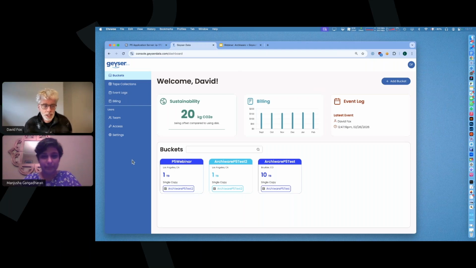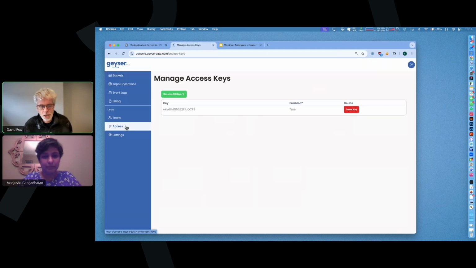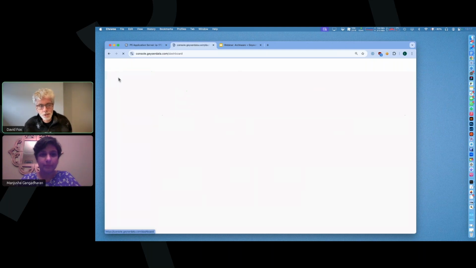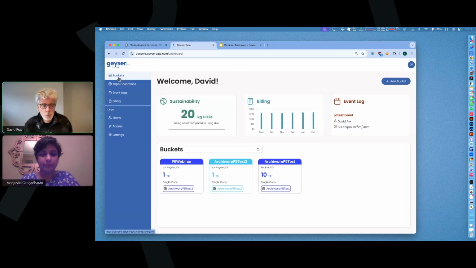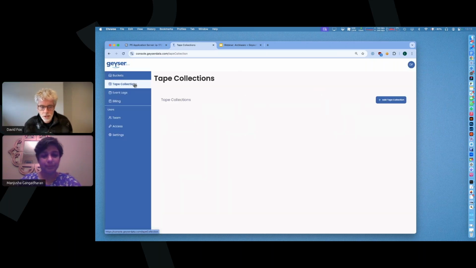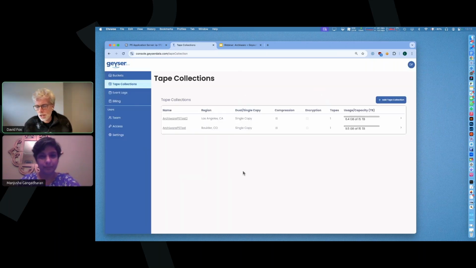You'll create access keys. So there's a section here where you can generate new key pairs. You have a key, and then there's a secret part. You create that and make sure you have a copy of it. And then you can use any S3 client software, including P5, to access storage via buckets. But what you also have with Geyser Data is tape collections. So a tape collection, if I go to create a new one,